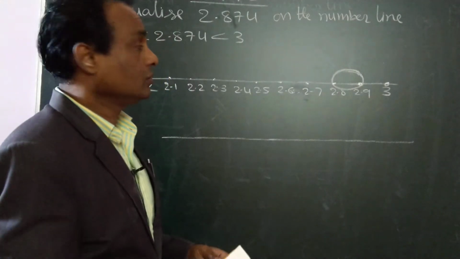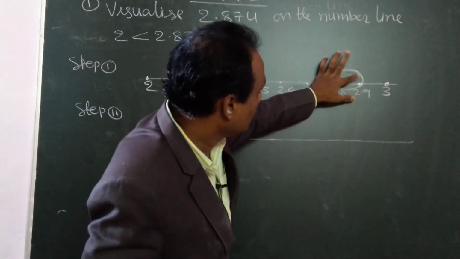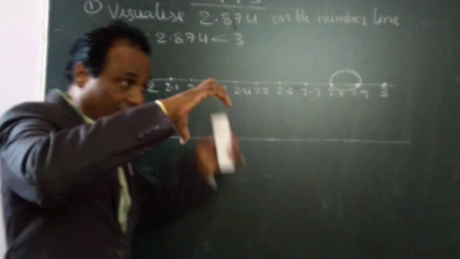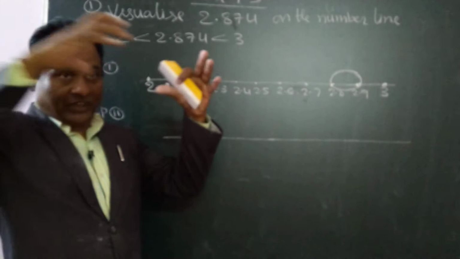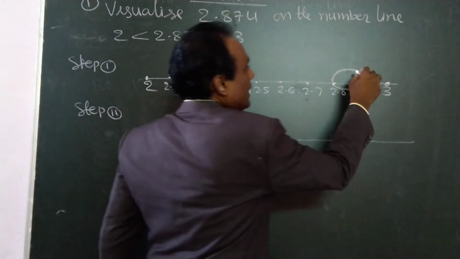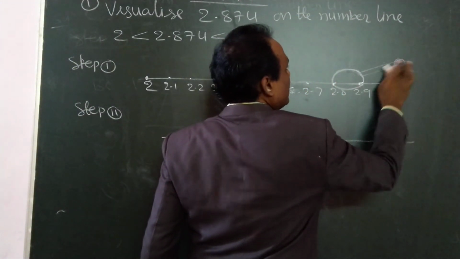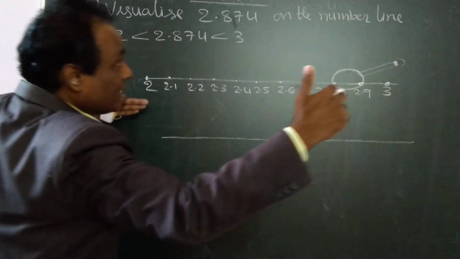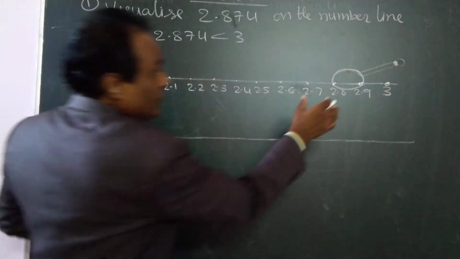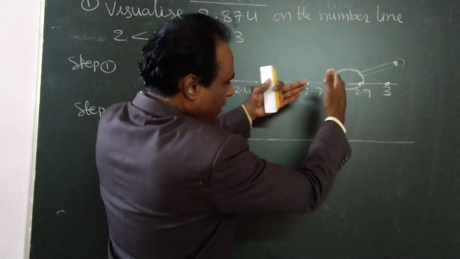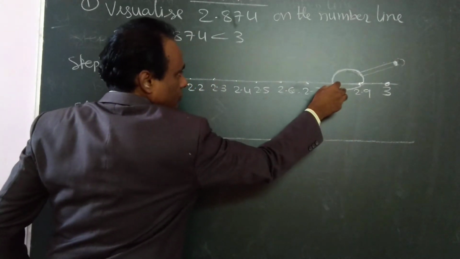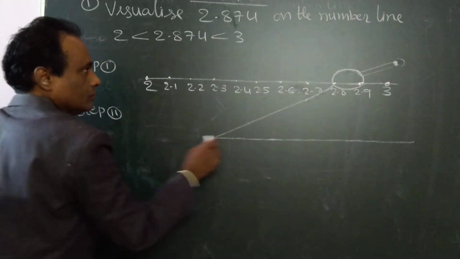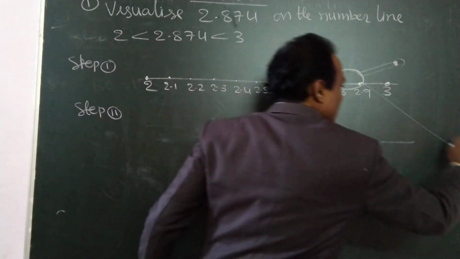I will use a magnifier. Magnifier means if you see through it, it will look big. So I will see only here. I will observe only through the magnifier. I will keep it here, and I will observe this. So if I am magnifying this, say here, and this end, say here.